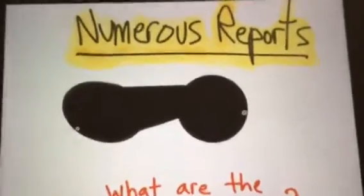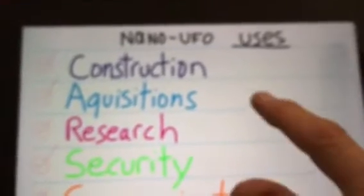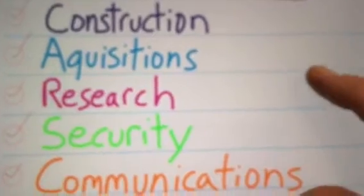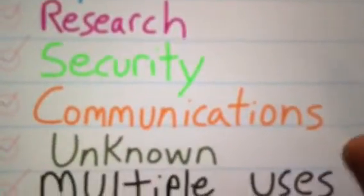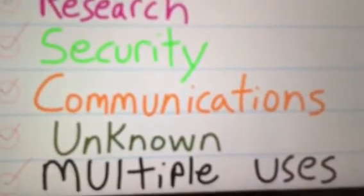So there have been numerous reports of craft emitting tiny little clouds of stuff, whatever it is. And it's interesting to speculate what they might be doing. Of course, we discussed before, they could be doing a whole bunch of things, from construction to research, acquisition, security. They could be very devastating as a weapon,